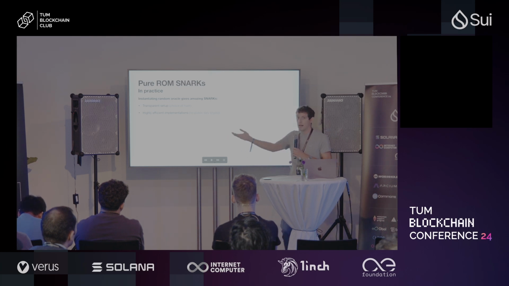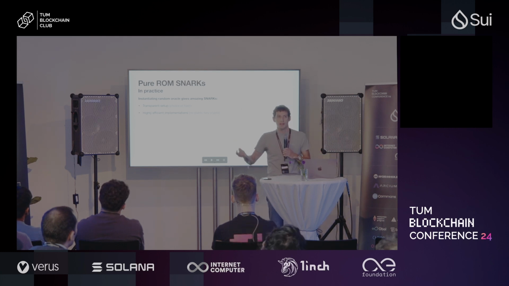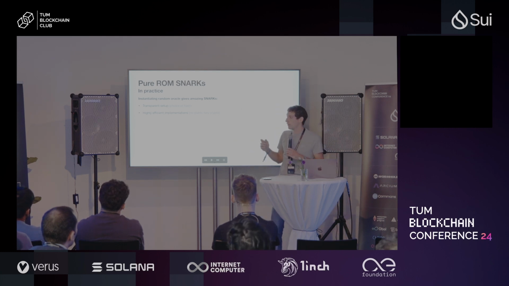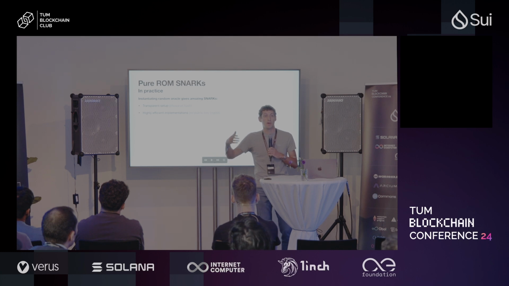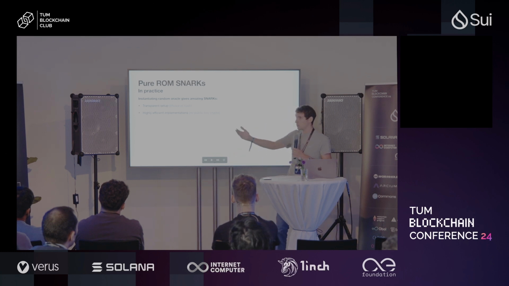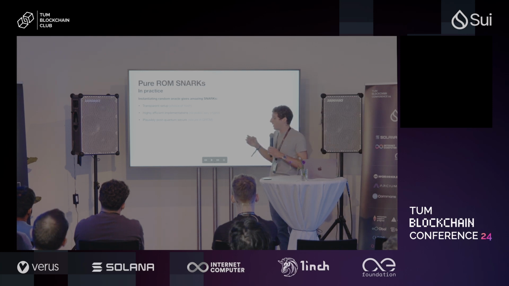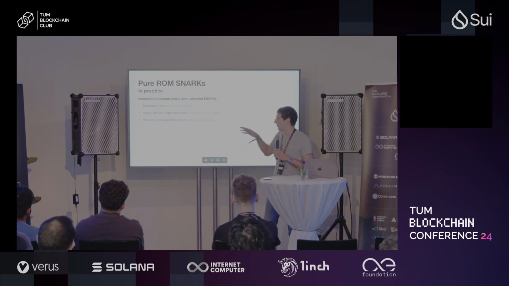Then, since you don't have algebraic structure, you don't need to use any expensive public key cryptographic operations. For example, you don't need to actually work over a 256-bit field for elliptic curve operations. You have a lot of freedom in which kind of field you want to work with. And finally, the arguments in the ROM, constructed in a way that we'll tell you next, are post-quantum secure in